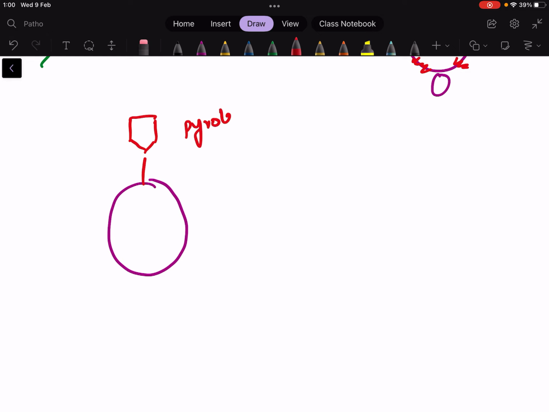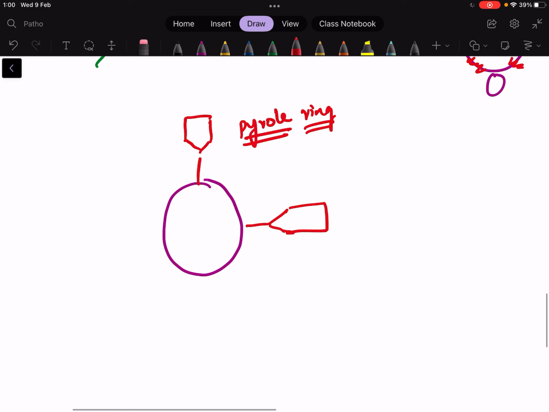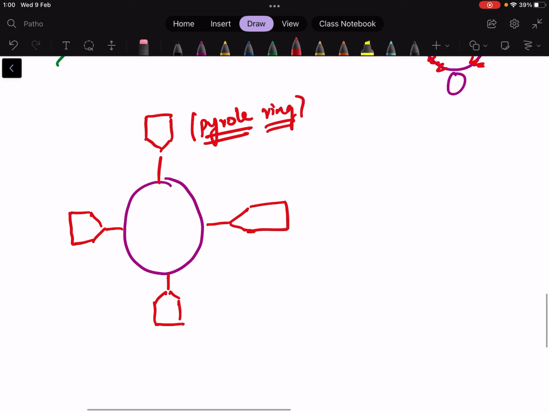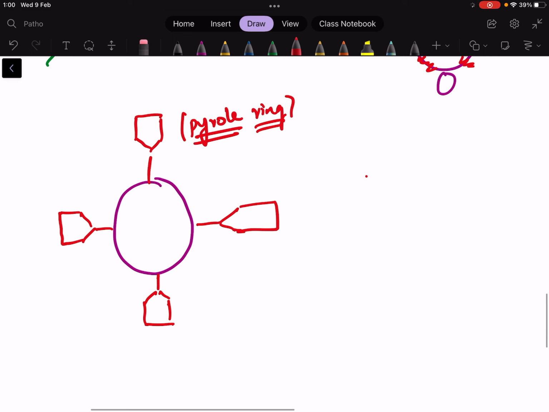Here is your pyrrole ring, and here is another pyrrole ring, and here is another pyrrole ring, and here is another pyrrole ring. So sorry for that. So there are 4 pyrrole rings